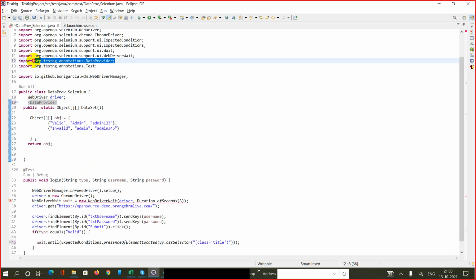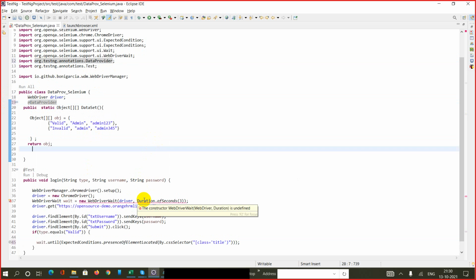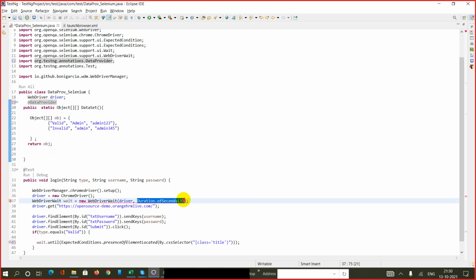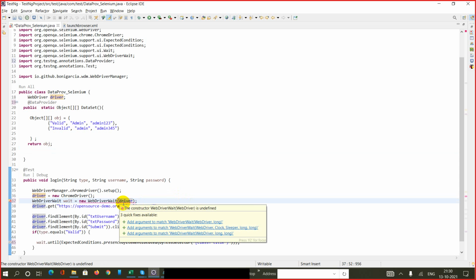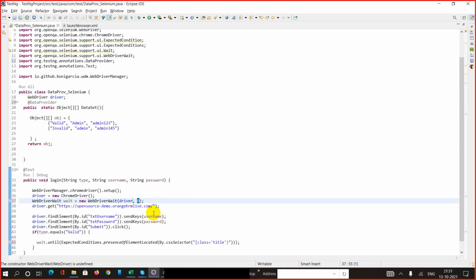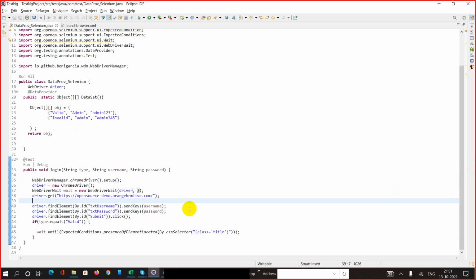Import the DataProvider tag from org.testng.annotations. So why is the constructor WebDriverWait undefined, they are saying. So I can say 3 milliseconds. Not a problem. Then if the condition is found,